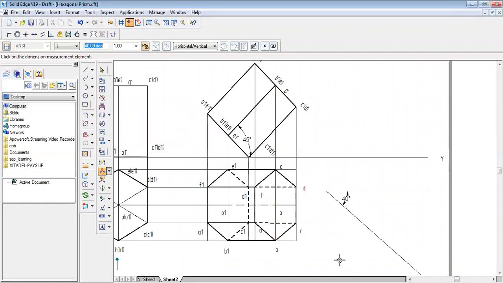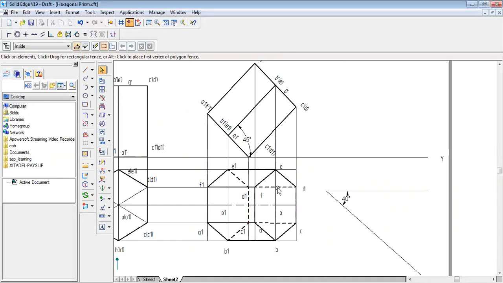Here it is given as the axis is making inclination. If the edge is resting, then I would have placed this D1, C1 over this 40 degree line. But they said very, very clearly that the same axis which appears to be VP at 40 degree it is given. So this O1 and O we should place over the 40 degree line. Hope I am clear. Okay. So this O and O1 should rest over the 40 degree line.